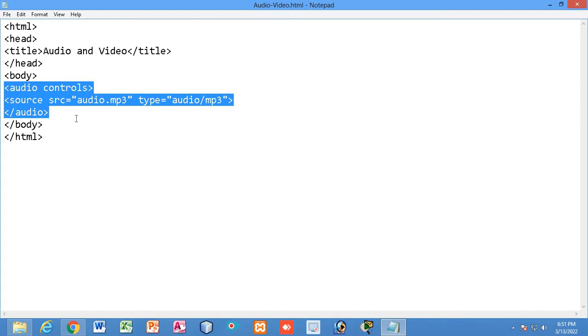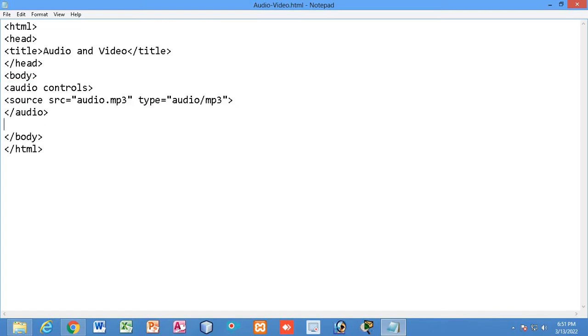Now let us see how we can add the video. So just below the audio, let us add the video. VIDEO, video opening tag. VIDEO, video closing tag. As similarly we have done with the audio, we also have to write the same thing over here. So that is the source, SOURCE. Source tag will have two attributes,